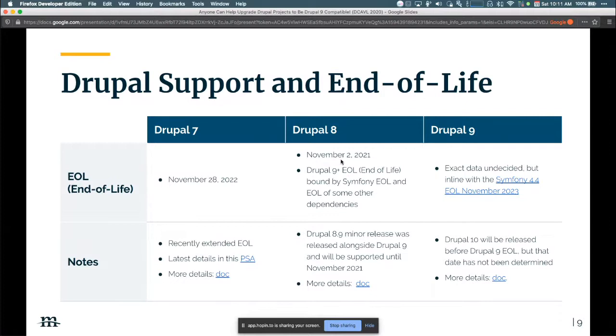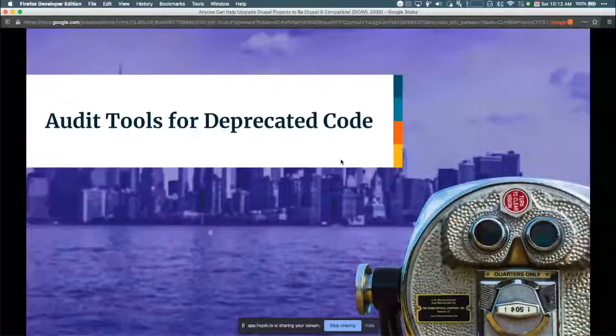Okay, so let's dive in to the audit tools. These are 4 different tools requiring various different skill levels and knowledge to use. And a lot of that has to do with some of them being command line, but it's still great. Even if you're not ready for all the command line aspects, it's still great to see it, I think, and learn about it. It creates questions. And again, we'll have links to a lot of getting started guides that'll help with that towards the end of this deck. But deprecated code, that's what we're really looking for.